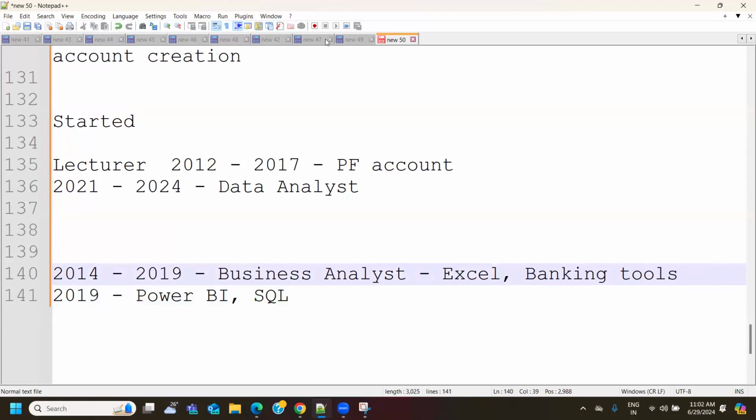But how do you want to enter this field? That plays an important role. You want to showcase all five years, from 19 to 24, as technical, or even prior to that also technical. If you show only 2019 to 24, your interview level would not be that high, as for people with 10 or 11 years of experience. But if you are showcasing 14 to 19 also as some technical experience like SQL, Excel, and banking tools, and then from 19 to 2024 as Power BI and SQL, the level of interview would be slightly difficult.